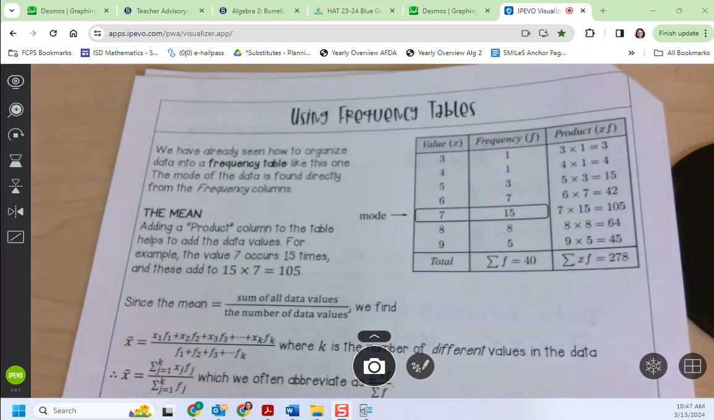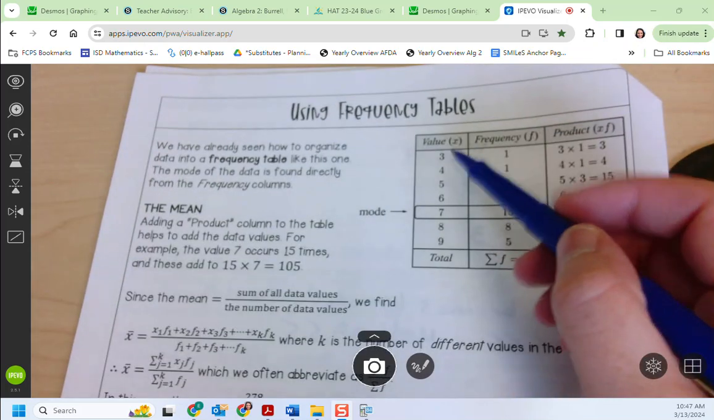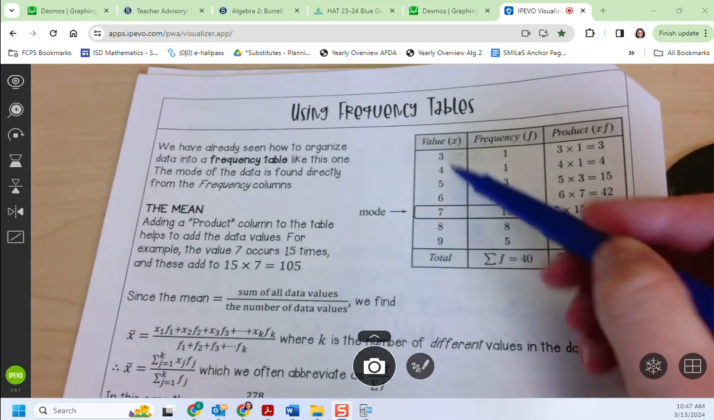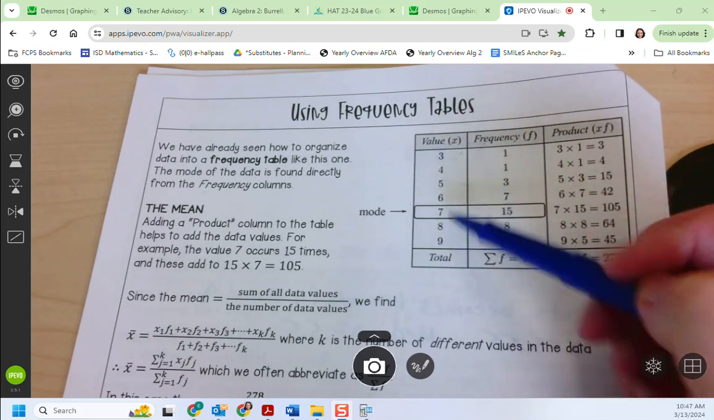Frequency tables. Now this might be newish to you. It's not hard to understand, but you should make sure that you understand what this is saying. We can organize data into a frequency table like this, and then we can use this to find the mean. So if I asked you how many siblings you had, say that these were the numbers 3 through 9, okay? This would mean